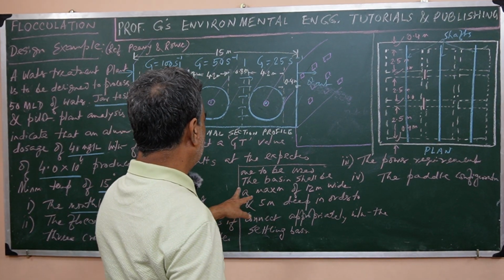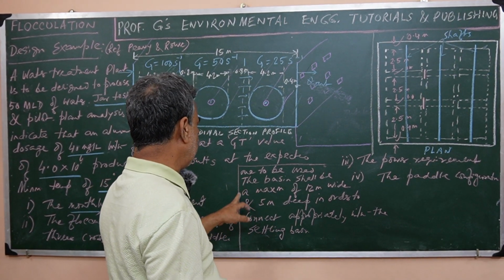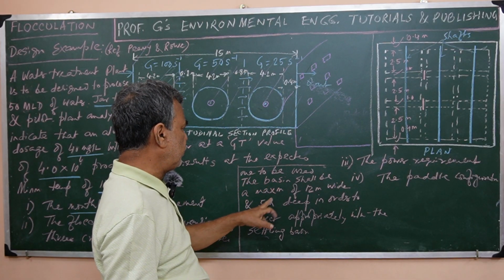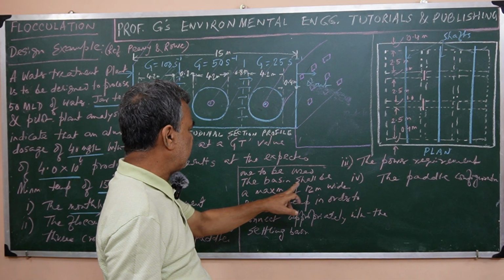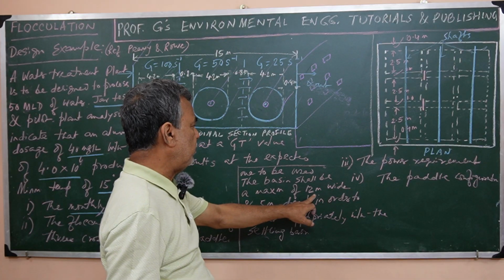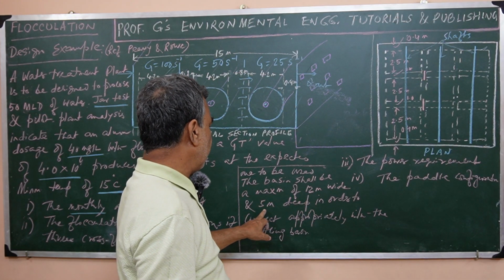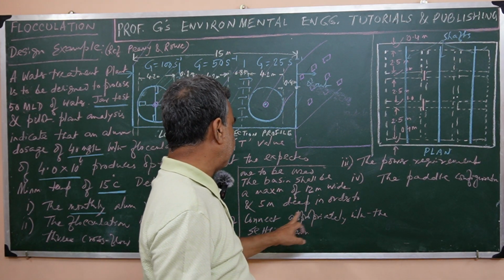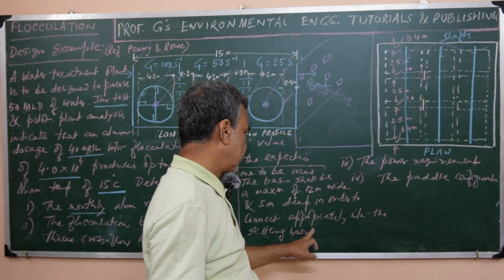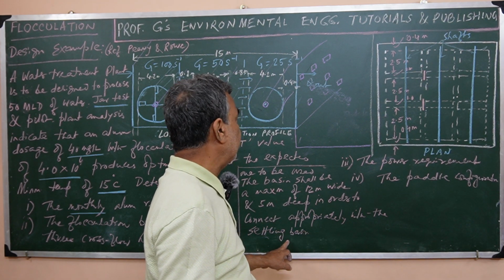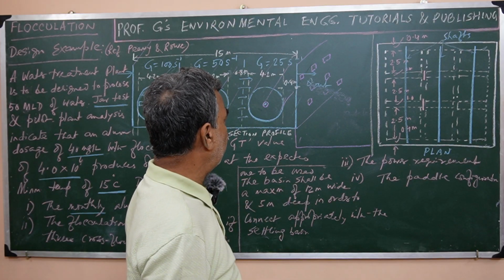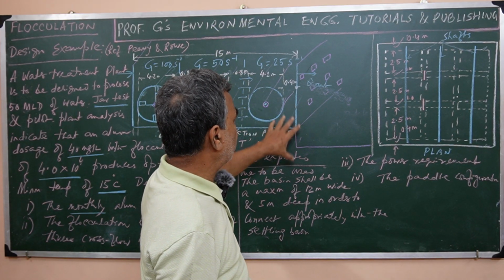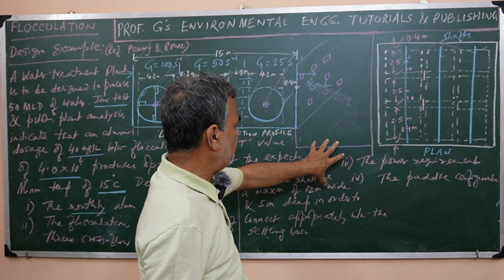Here, this is a continuation of this. If they are to be used, the basin shall be a maximum of 12 meter wide and 5 meter deep in order to connect properly or appropriately with the settling basin. Here, as we have drawn here, the depth of the settling basin is here,